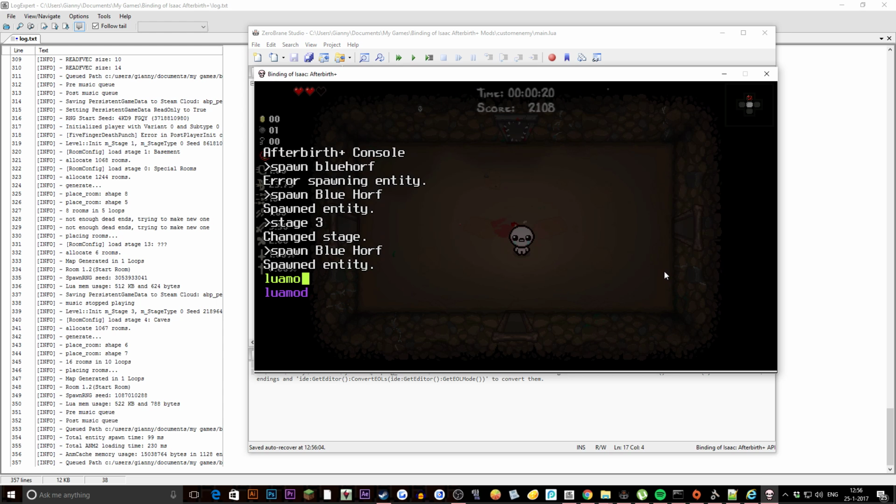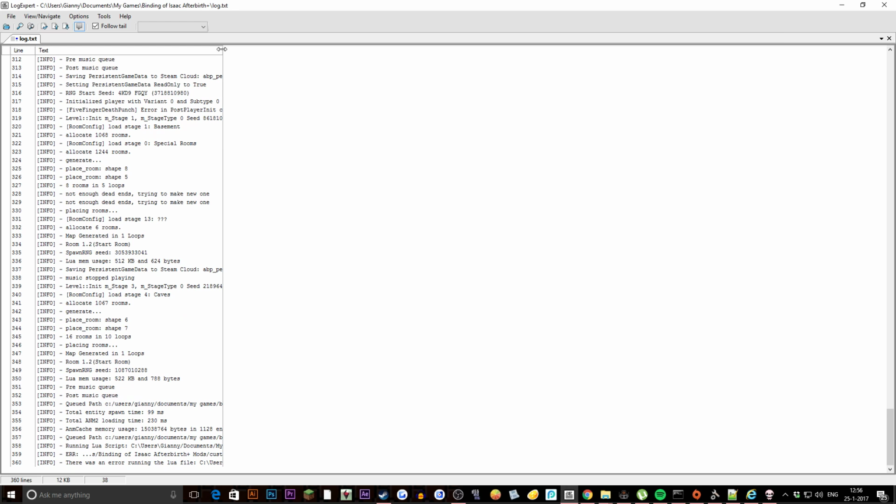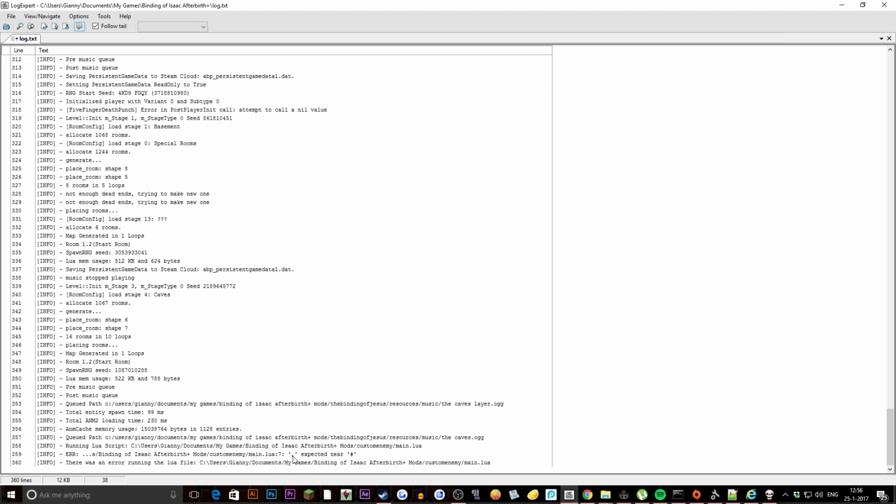So we do Lua mod the bind. Oh no, that's not the one. Custom enemy. So you have to put the mod folder name and then Lua mod. So, oh, we got an error. Let's check it out. Oh, there needs to be a comma expected near the